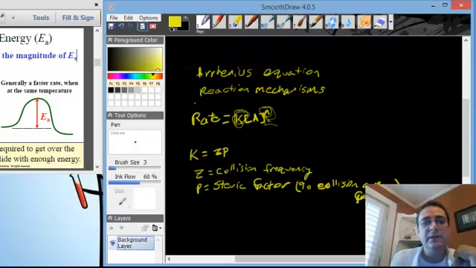So, of course, the percentage of particles that make it over that hill is going to be the rate. How fast that happens, how many and how fast, is the rate. And for the bigger hill, there's going to be fewer that get over, right? So the third thing that determines the proportion of collisions that are effective is how big the hill is, right? So the activation energy. So we have this third term that's in K, and it's actually e, the natural number e, to the power